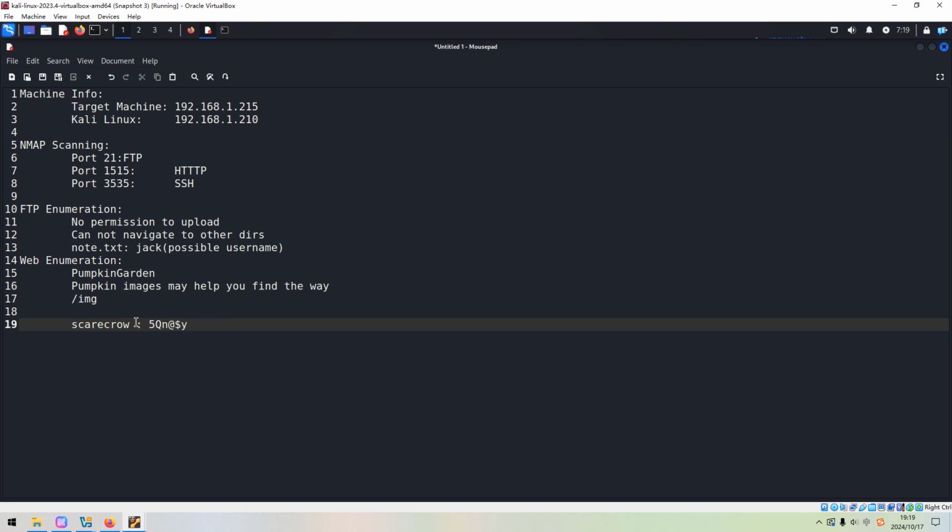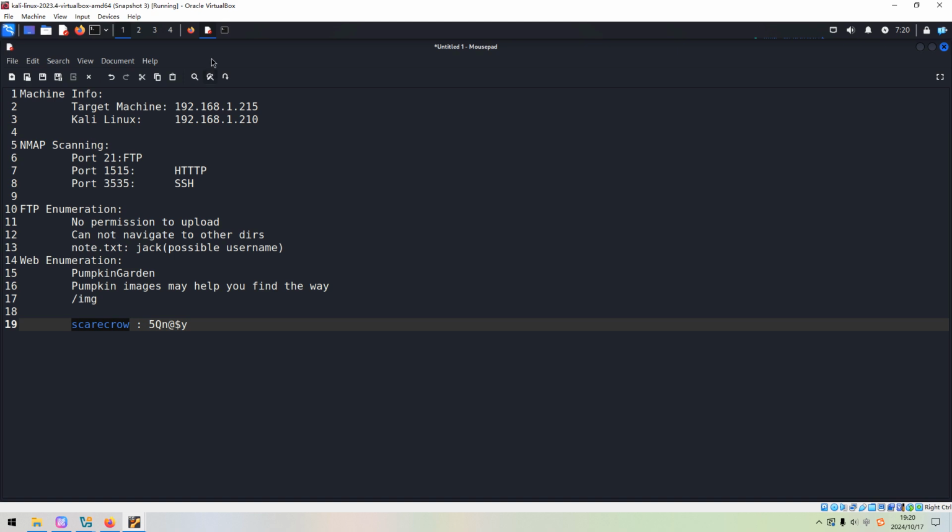Also, from the Nmap scanning, we know that the target has an SSH service running. So what we are going to do next, I'd like to take this information as credentials to SSH to the target. If this doesn't work for the SSH service, maybe we can try it for FTP. Okay, let's do it now.